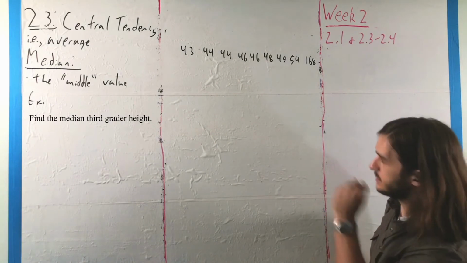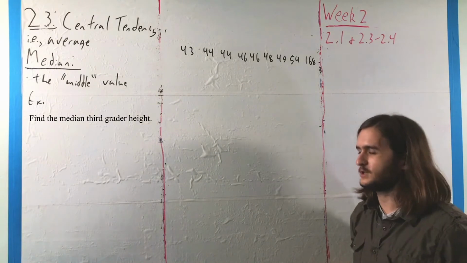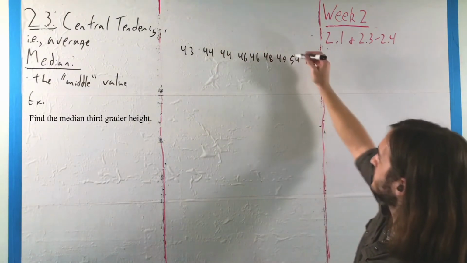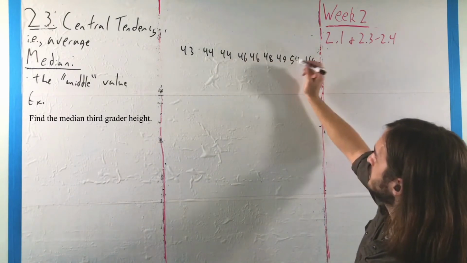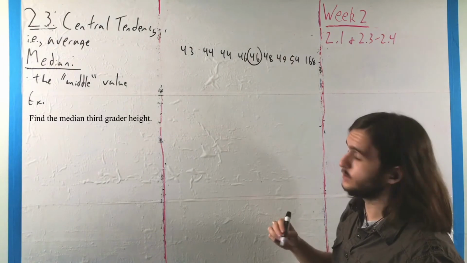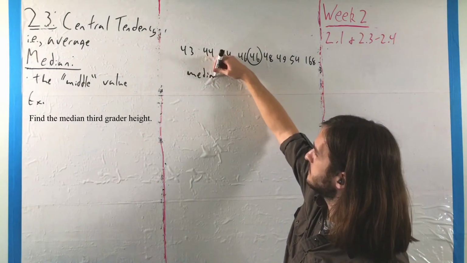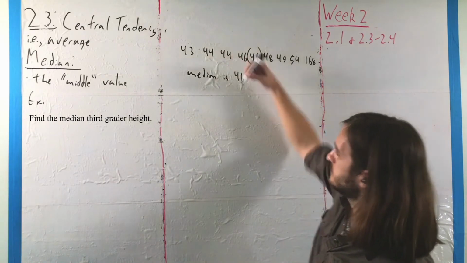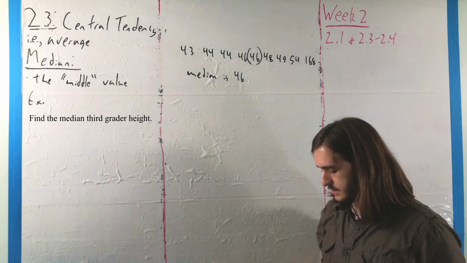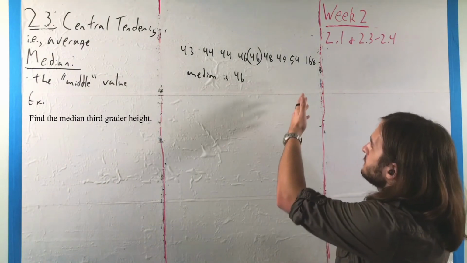So we're just going to be able to take the one that is dead in the middle, and if you want to do it the old-fashioned way, you can cross your way down to get all the way into the middle for a value of 46, which tells us that the median is 46. But let's say, for the sake of argument, that the surveyor realized that he messed up and that